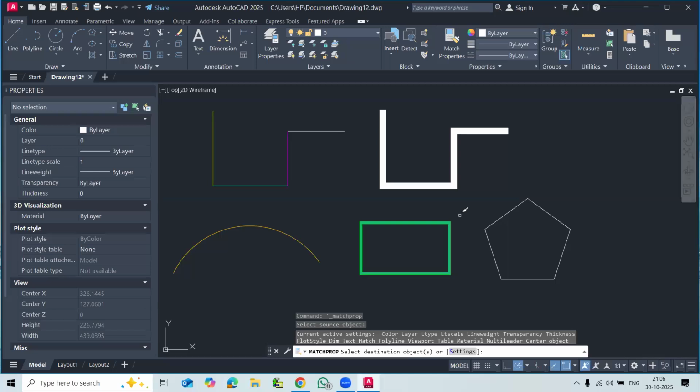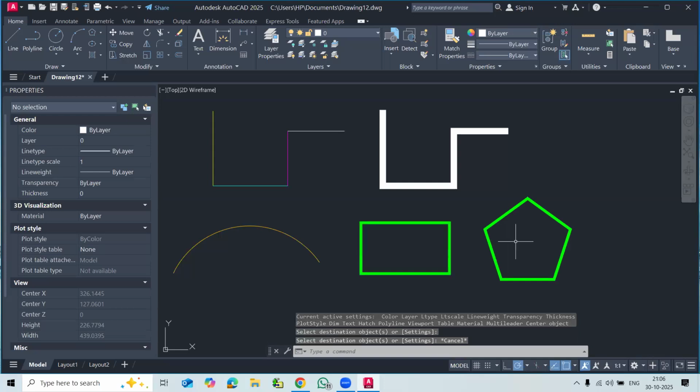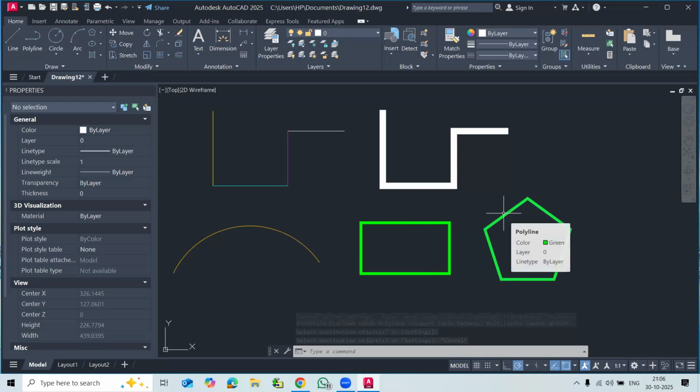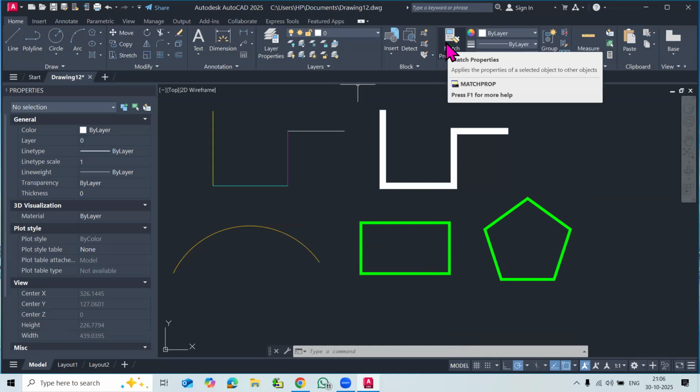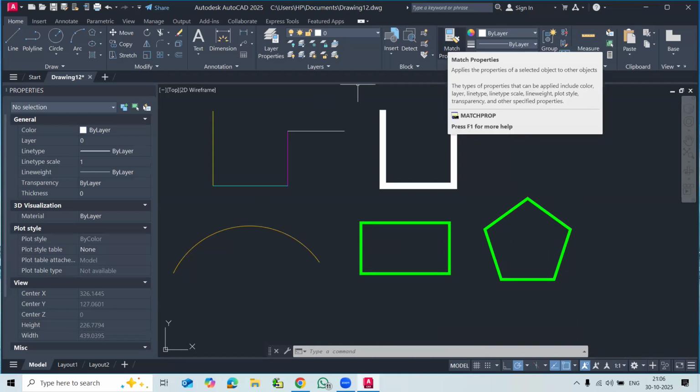That brush now contains the green color, and now you can apply this to the polyline. I will click on this here, and now you have to press the escape button to cancel the command. So we copied its property and applied it to this one. You can see whatever the common properties are for any object, for common properties we can use the match properties command.